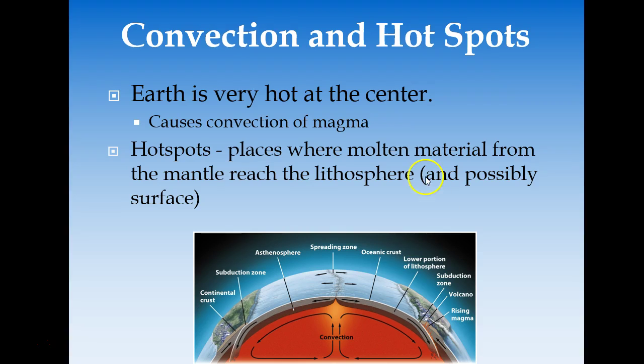Now, on land, we realize that these areas can be things like volcanoes, but what we don't really notice is that a lot of these areas are under the ocean. So there are a lot of spots where this magma does reach, and many of them happen in the ocean, and since they do happen in the ocean, we don't see them, but they do lead to some interesting circumstances in terms of movement of the things on the crust and on the top of the